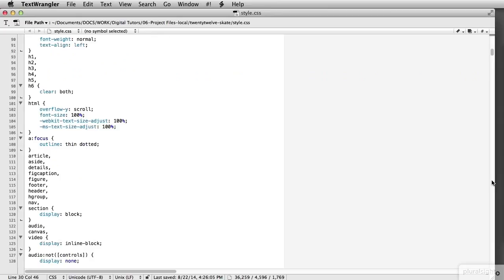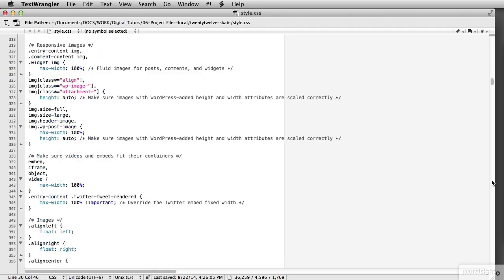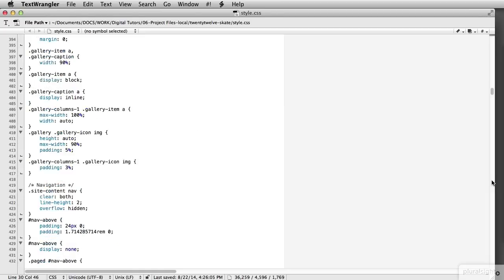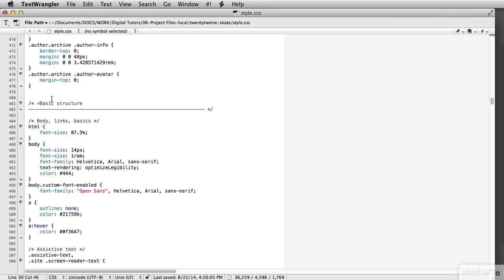I'm going to go down to line, take a look at the navigation. Let's see, the basic structure. So the commenting here is really good. It shows us all the sections are commented in so that you can see where a certain division is designated